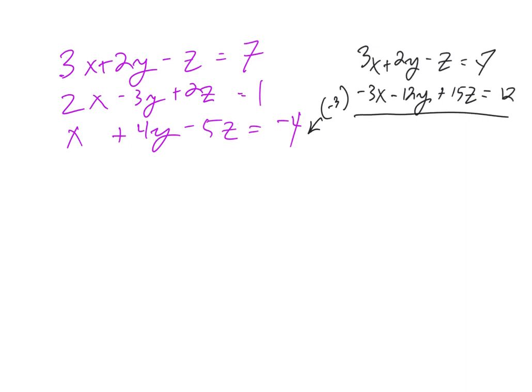Add those 2 equations, and always be checking that I'm multiplying and dividing correctly as I do this, but that adds to 0. I have negative 10y plus 14z